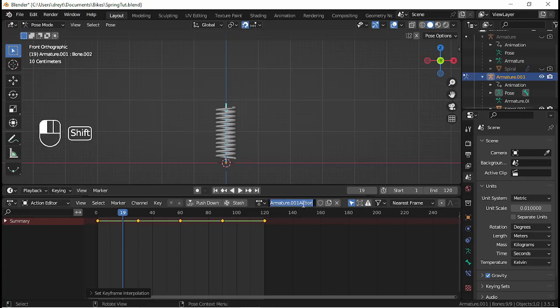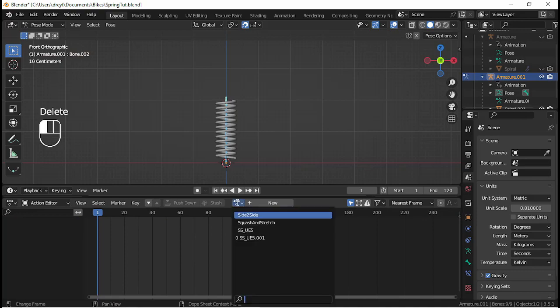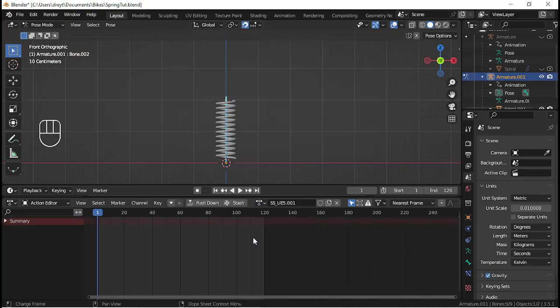And I'm just going to say this is SS underscore UE5. And then we will duplicate this, jump back to the first frame and delete, which gets rid of that. And then we will go to this here, and while all the bones are selected, we will insert location rotation,